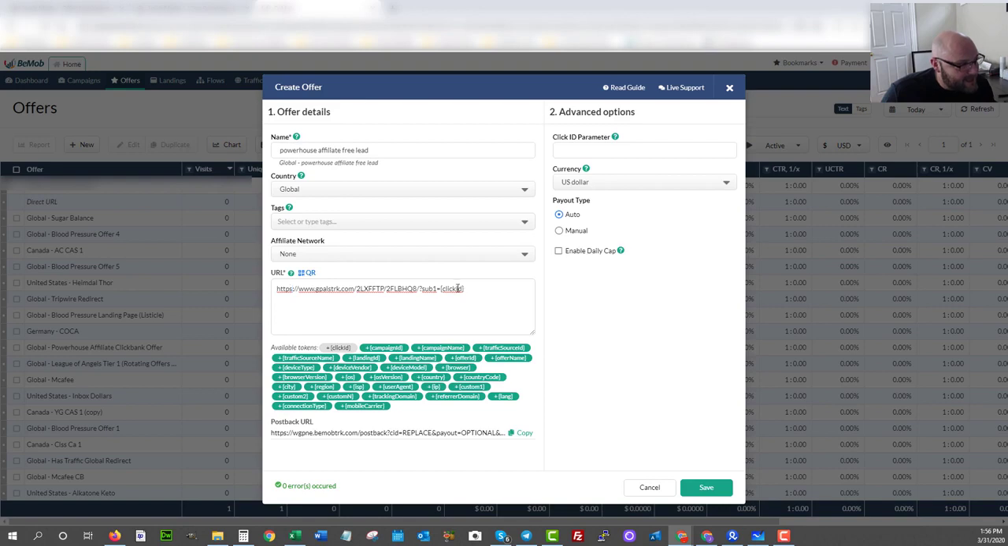So every time now that somebody clicks on the offer through Bemob, it's going to send a click ID into the CPA affiliate network. Okay, now if that click ID converts, the network will now send back the conversion to Bemob, telling Bemob that that click ID converted. Okay, and that's going to be done through the postback that we already set up. So save this,